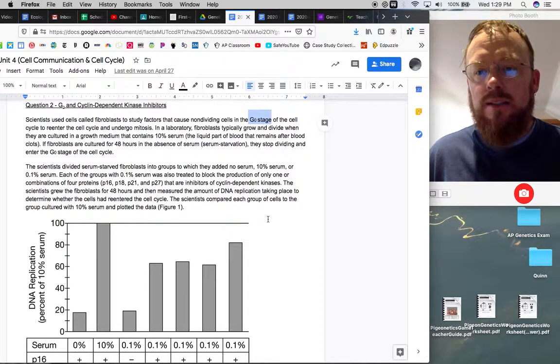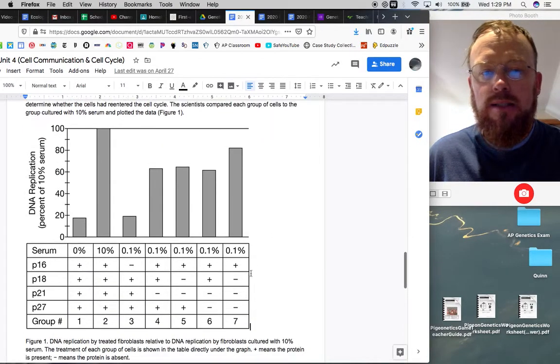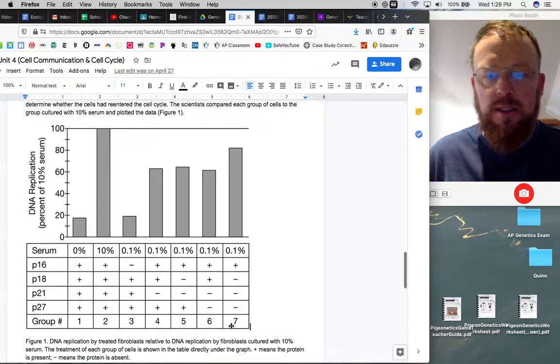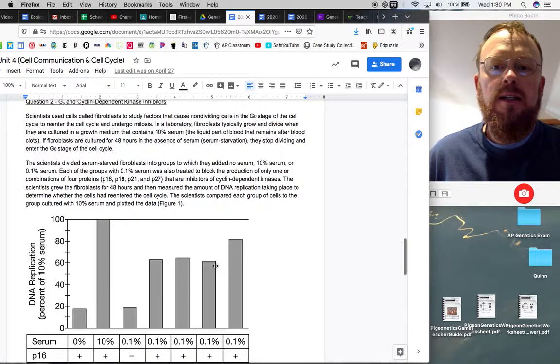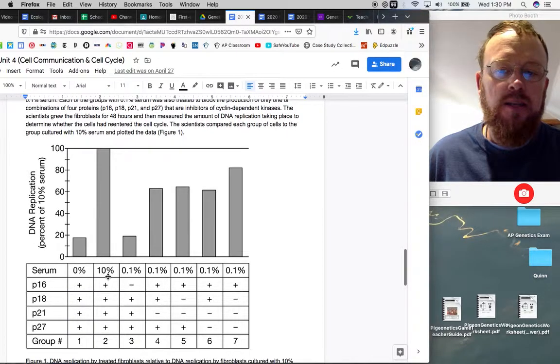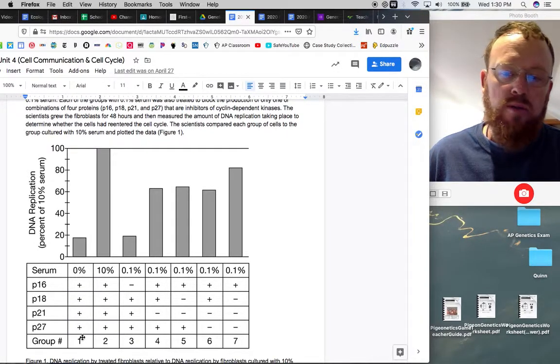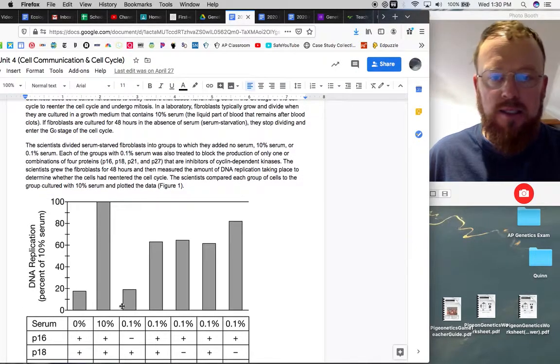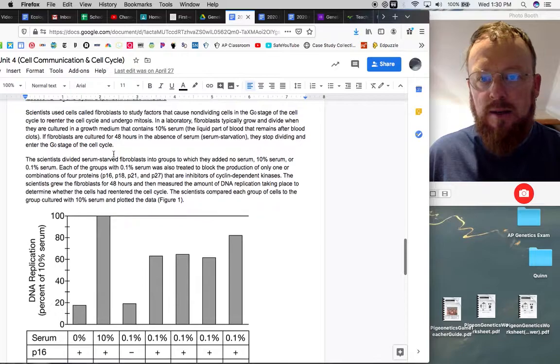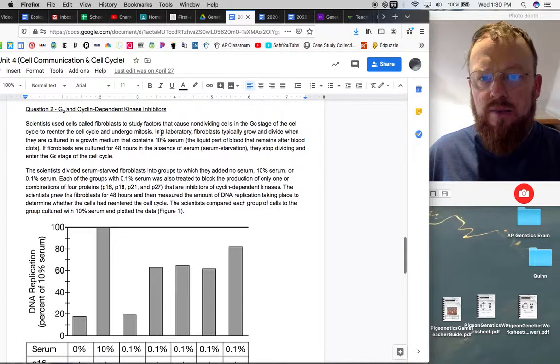And to do this, they've made 7 experimental groups, 5 of which are in a 0.1% serum solution. One of those groups is in a 10% serum solution. One of those groups is in a 0% serum solution. And that's significant because we're given the information that in a laboratory,